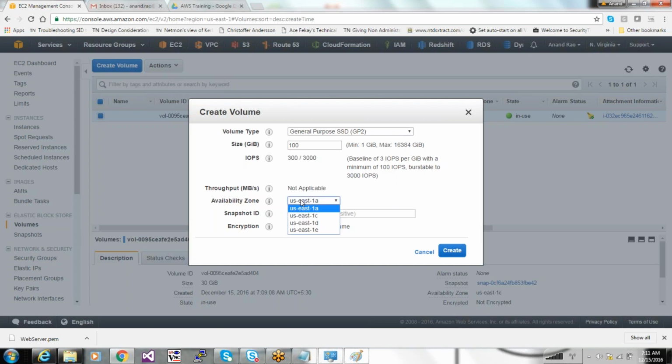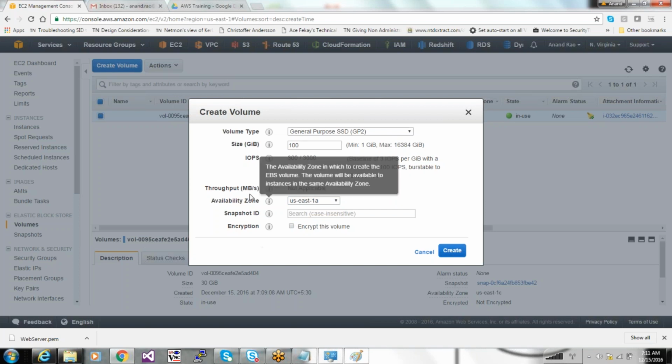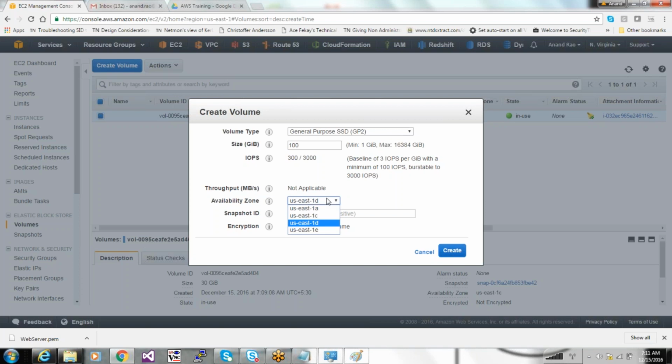And in which availability zone you want to host it. You will see this kind of question in the AWS exam as well. If you are creating a volume in availability zone D, and your virtual machine is hosted in A, will you be able to attach this volume to the virtual machine?